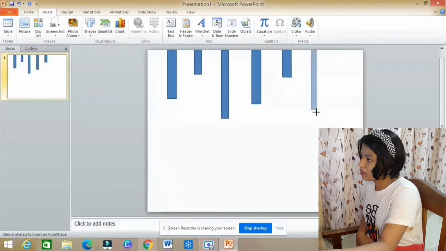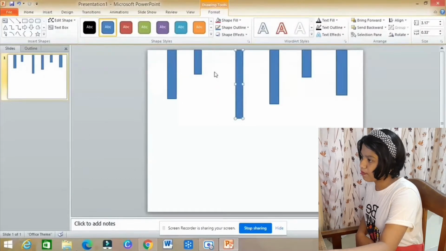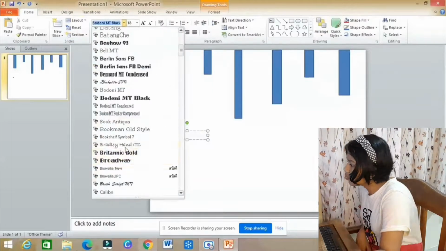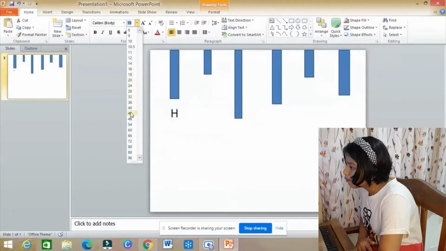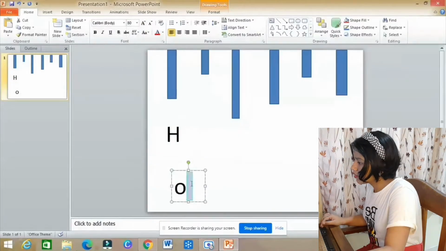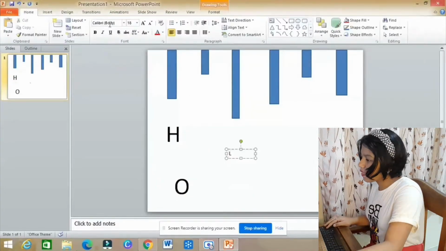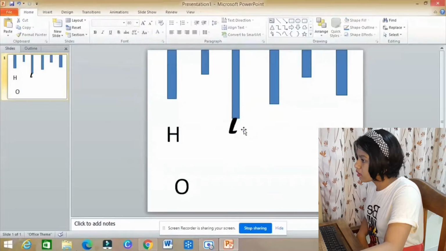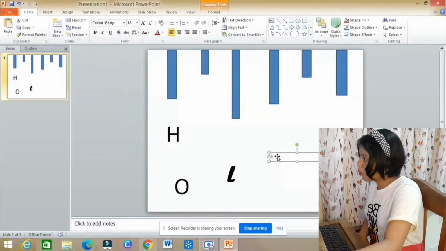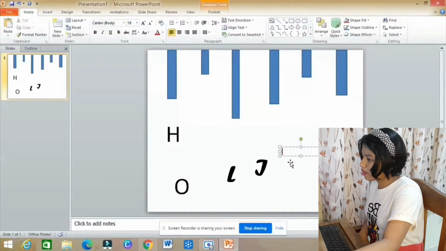Then go to text box and take any word. I'm taking the word holiday, so I'm using my first letter, which will be H. Keep the process going. You can even choose the font and make the size bigger if you want.